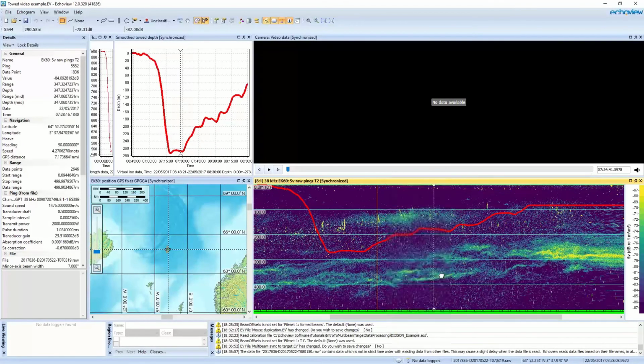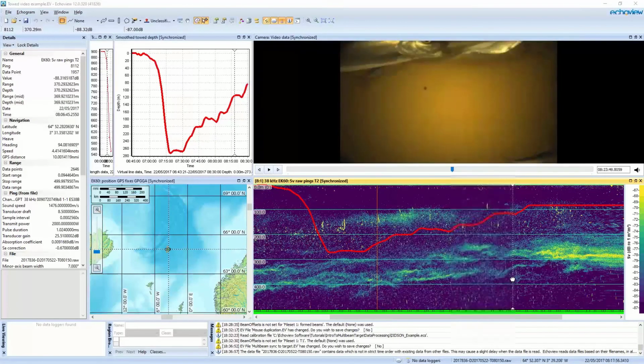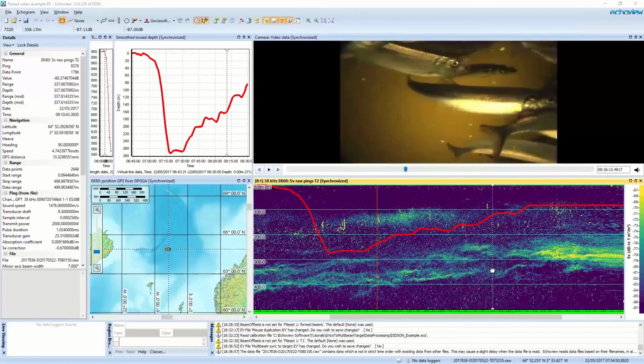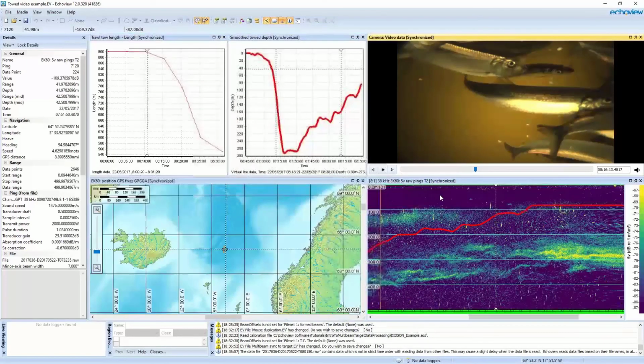So we can synchronize these windows. I've got my auto-synchronize indicator here that I can click and drag and have a look at what fish were passing through the net at that time. So this gives a nice, easy way to look at these sorts of measurements where we've got camera on a remote platform plus acoustics on a ship, and just to synchronize all of this in time and space. Quite a neat technology that's getting a lot of interest.